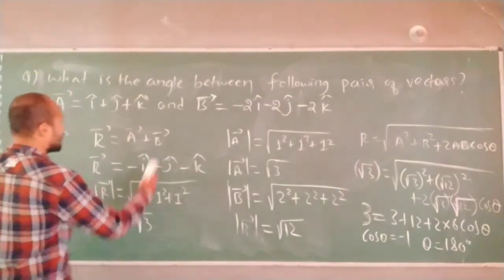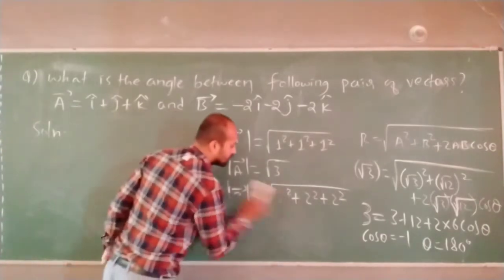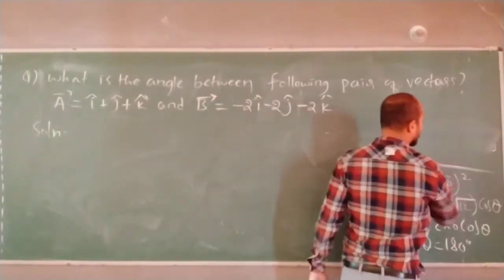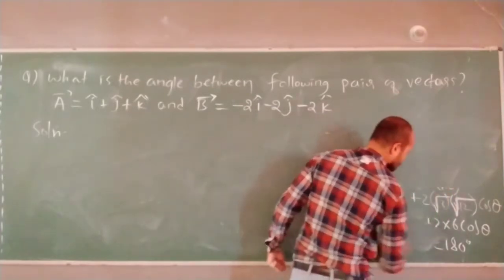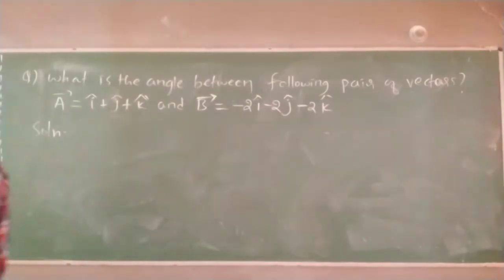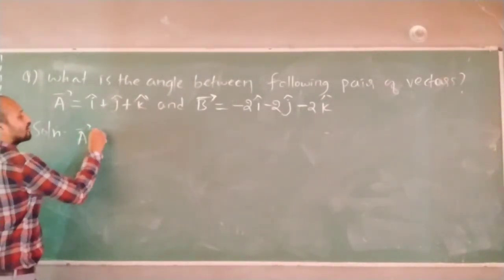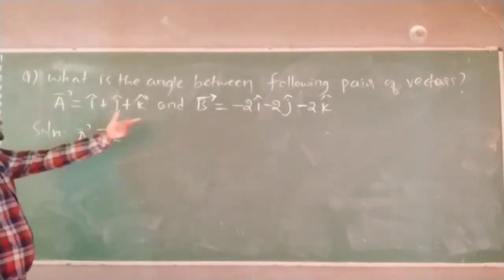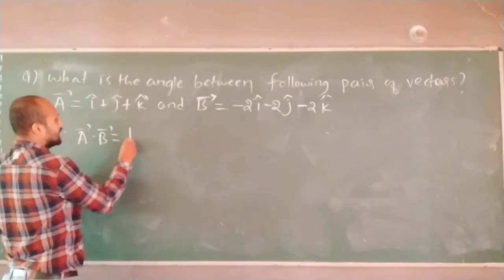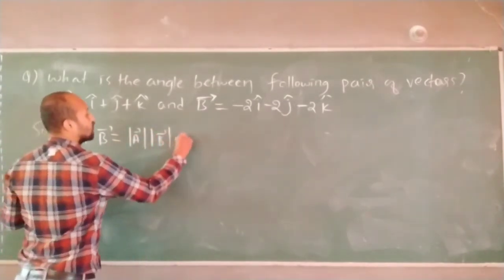Now using the dot product I will show the method. How to find using the dot product? The same angle I will find. This is a very short cut. You find a dot b. If you find a dot b, what will you get? A dot b is nothing but magnitude of a, magnitude of b into cos theta.